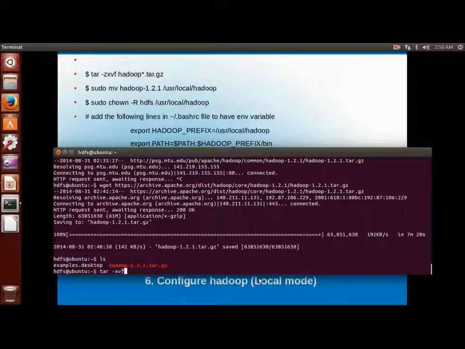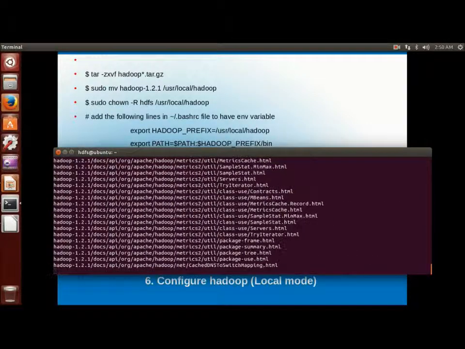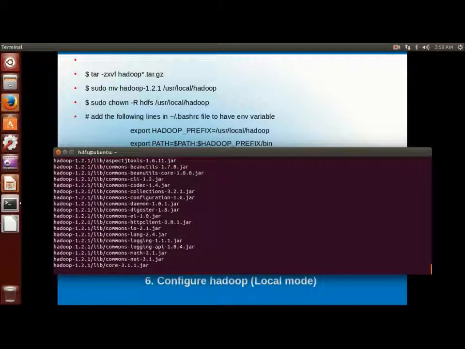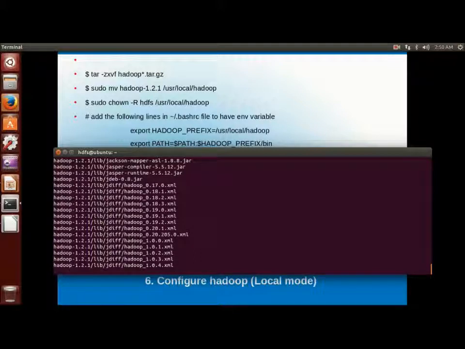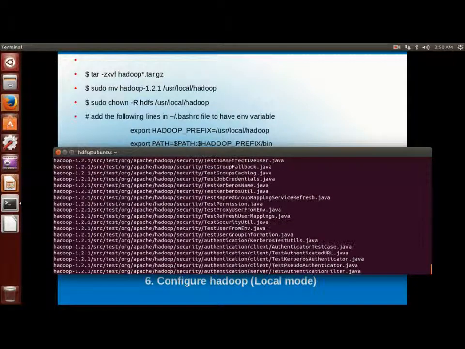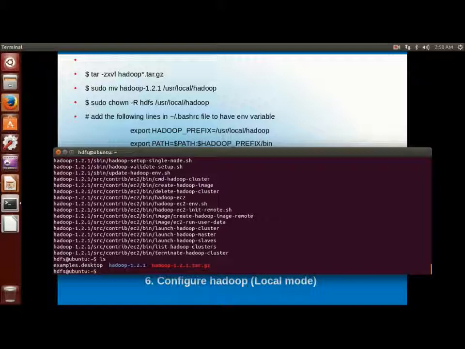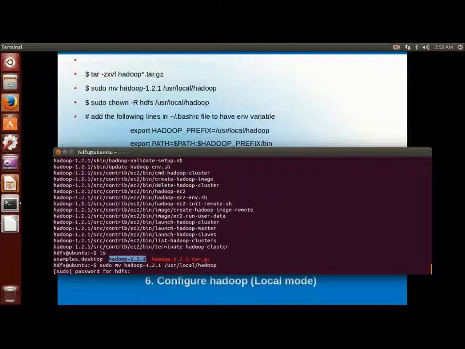So untar the hadoop-1.2.1.tar.gz. We'll extract the tar file to the home directory of HDFS. Then we'll move the extracted files to a common place. I have chosen that common place as /usr/local, and I have created a hadoop directory for Hadoop 1.2.1.